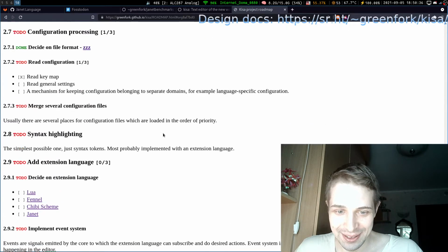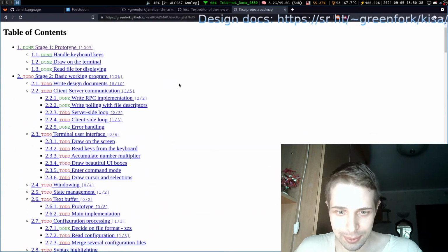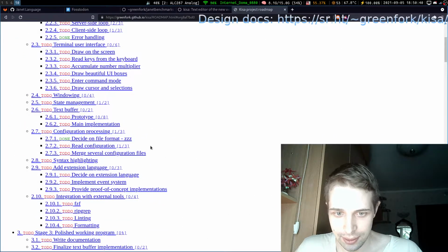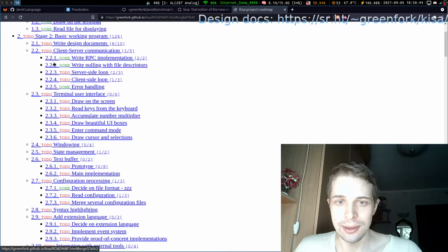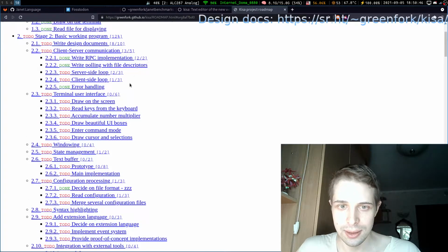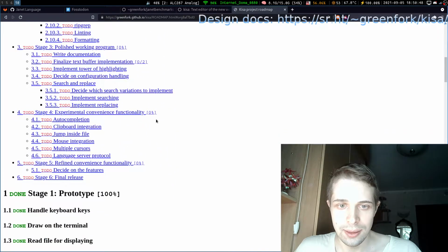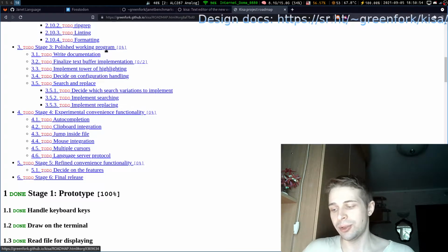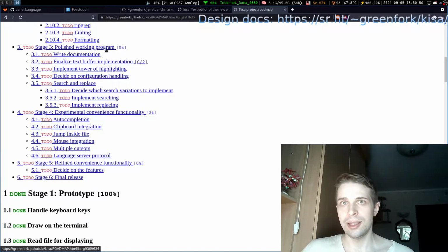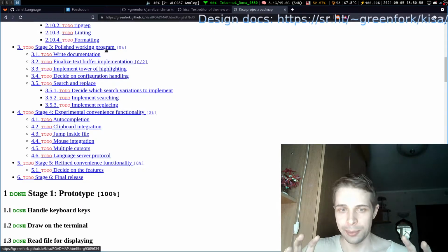Okay, and let's also talk a bit about later stages. I think the second stage is pretty complete in terms of to-do tasks, and in the third stage we will try to make a polished working program, which means we will try to settle all the core components.